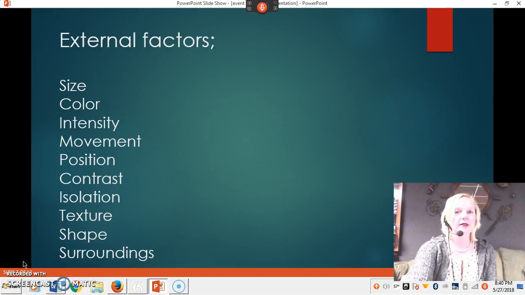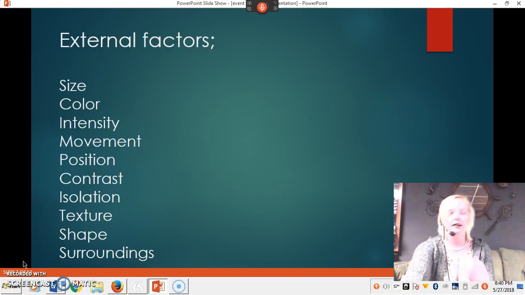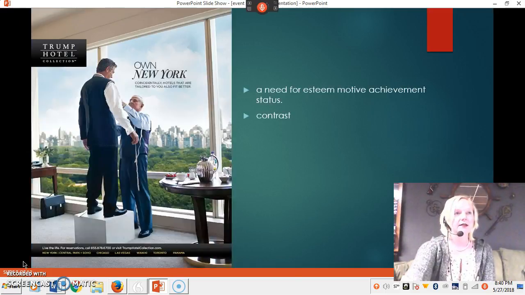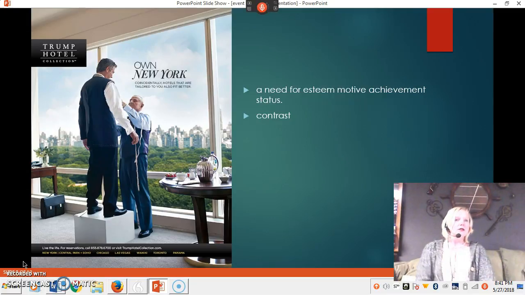So now that we've looked at what perception is and the process it goes through, and all the things that advertising companies can go through to help with that, let's go ahead and look at some of the strengths and weaknesses of some of these hospitality ads. This first one is the Trump Hotel, and it says own New York, which